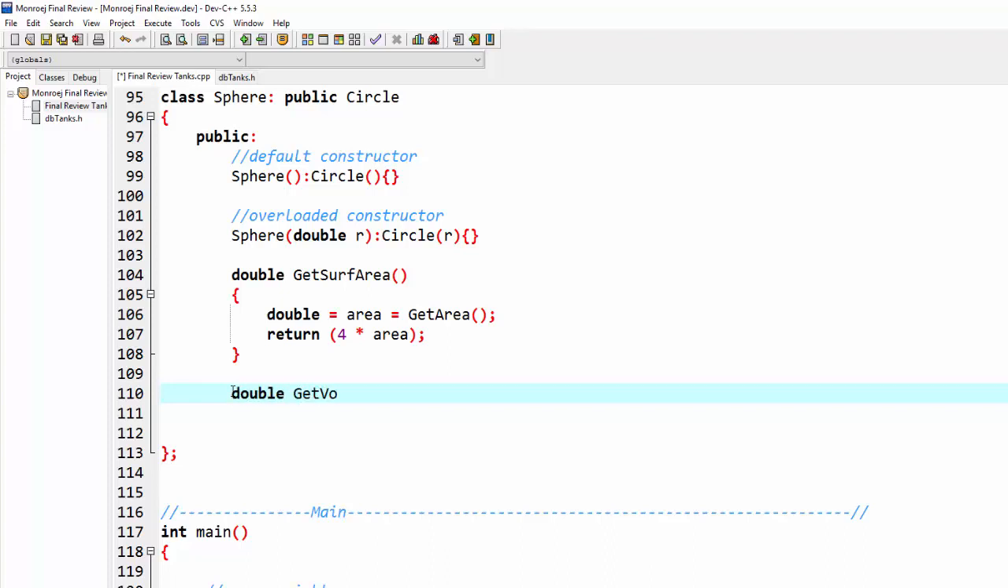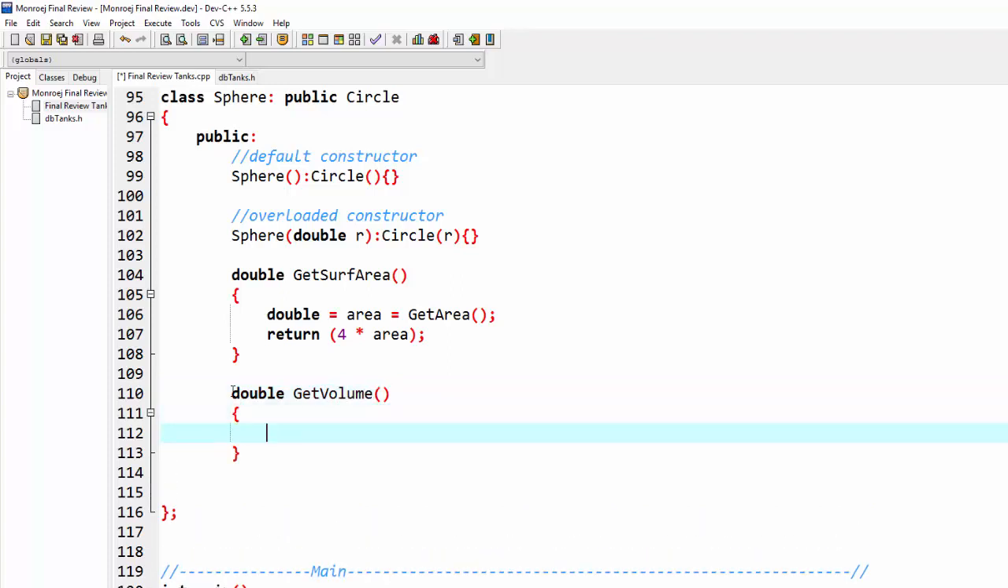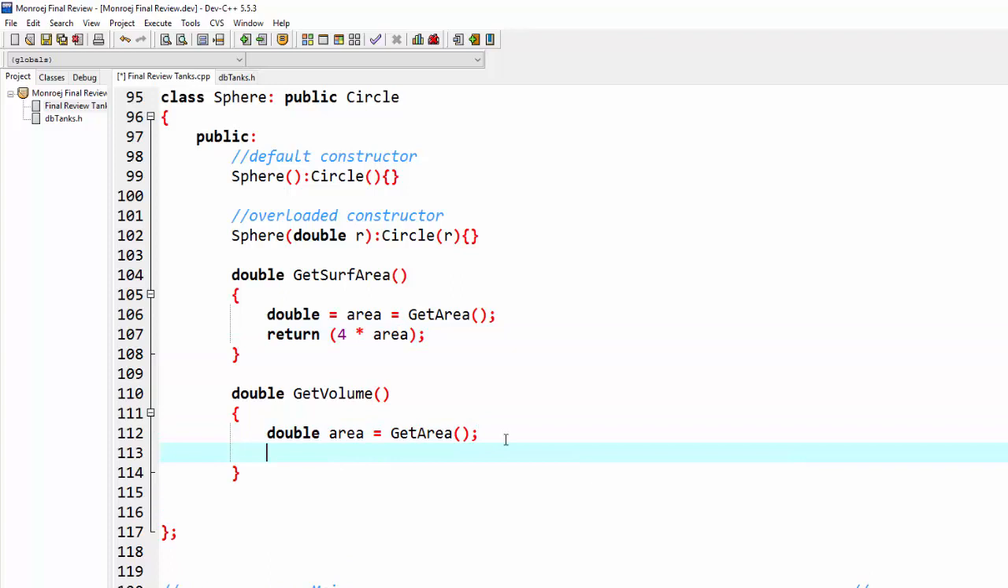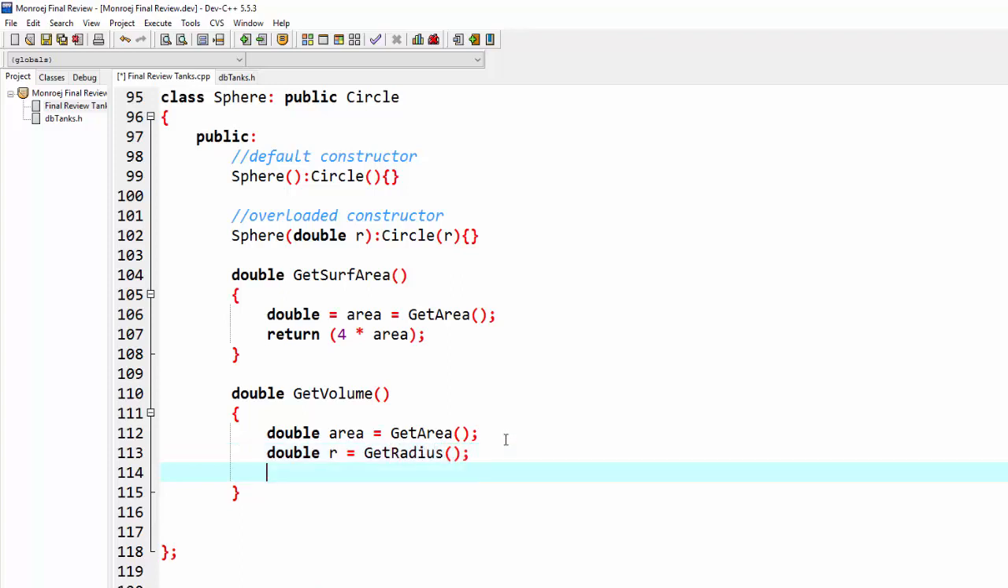Double get volume, and the area, once again, I'll get area. And now, do I have to do this in a separate line? No. Could I drop this get area right here in the single line? Yeah, but I'm just separating it into different lines just for readability. Get radius, and then so I'm going to return